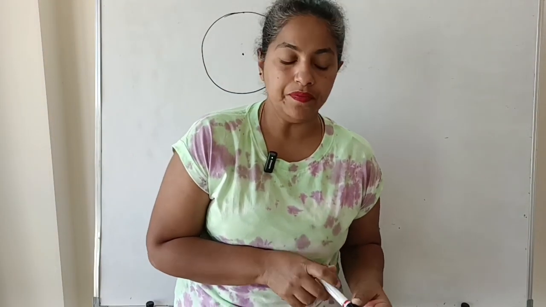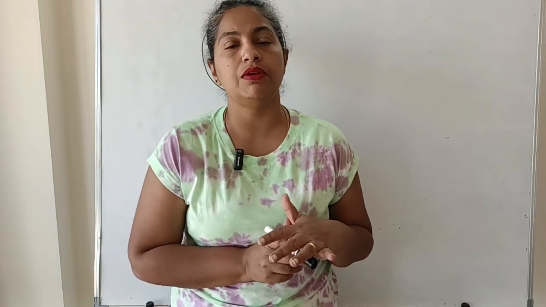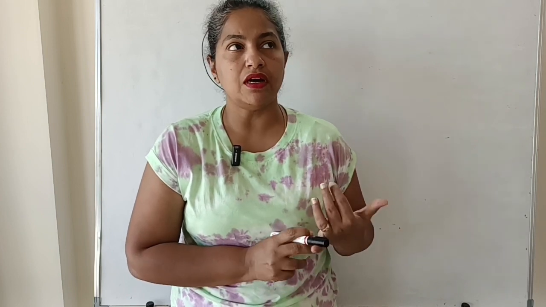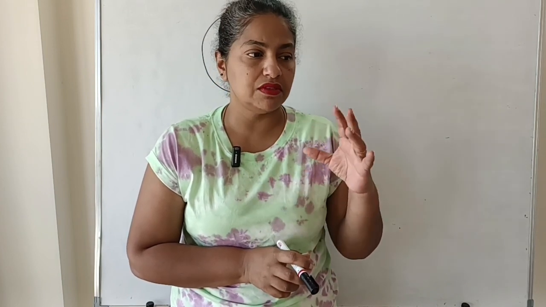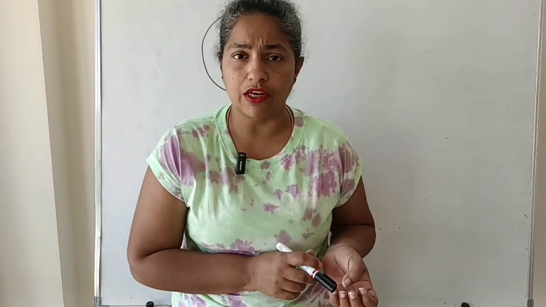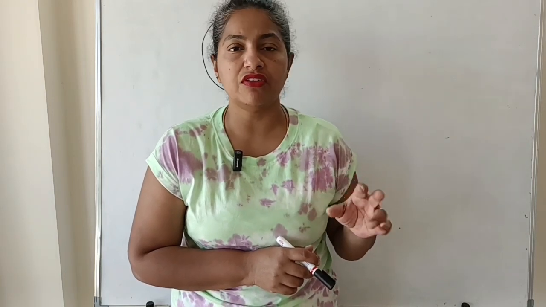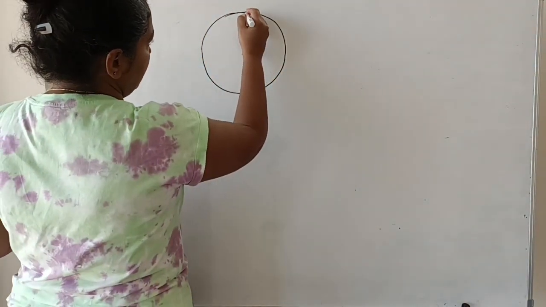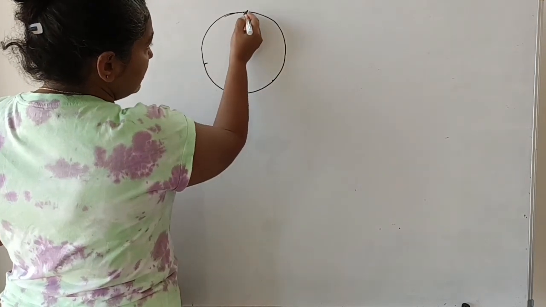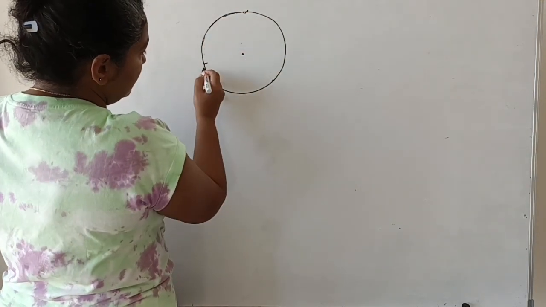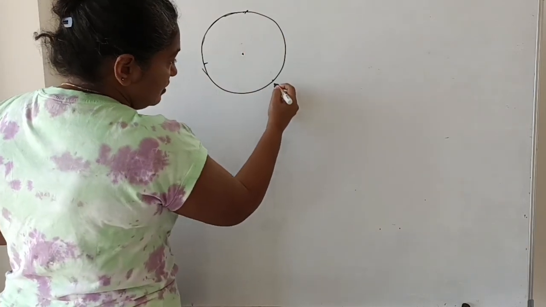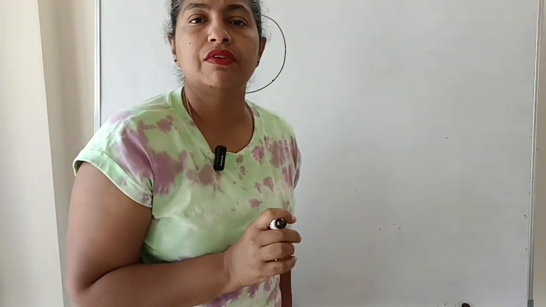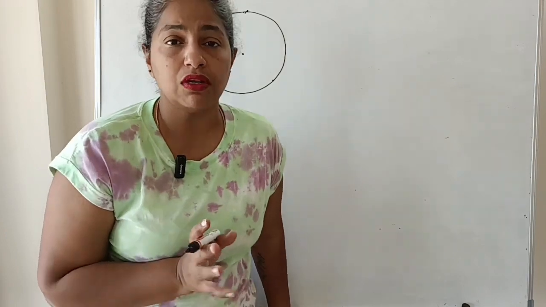Okay, so in the last sum, there is a circular park of 20-meter radius, and 3 boys, I think Ankur, Said and David, are sitting on the circumference of the park having a toy telephone. Now they are sitting in positions which are equidistant from each other. So we know that when we draw and join the points, we will get an equilateral triangle. See, the reason is this arc is equal to this arc, equal to this arc. So when we know that equal arcs subtend equal chords,